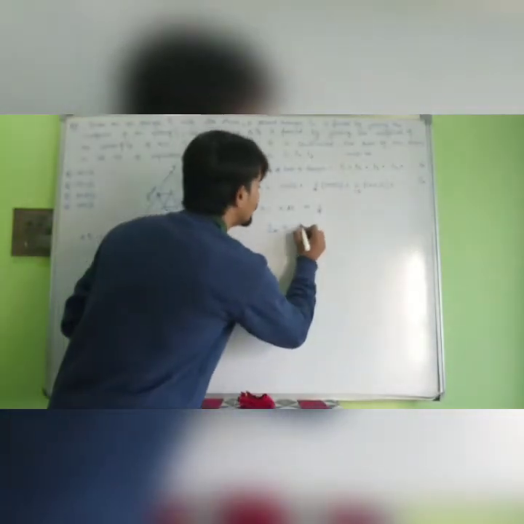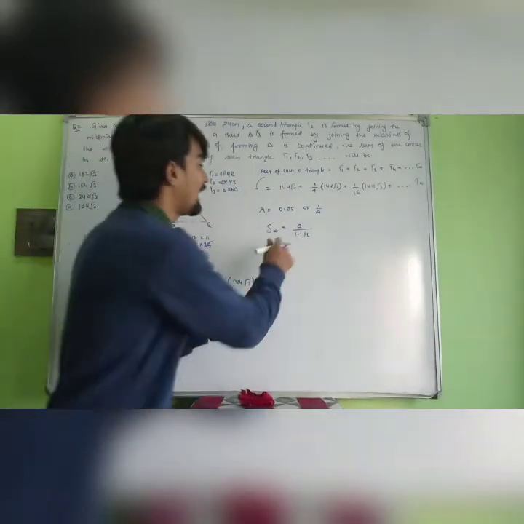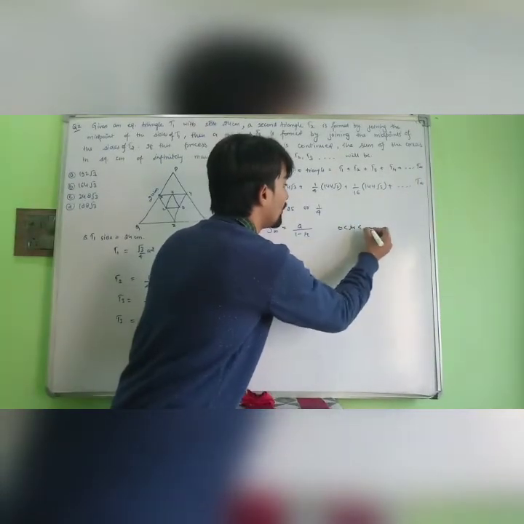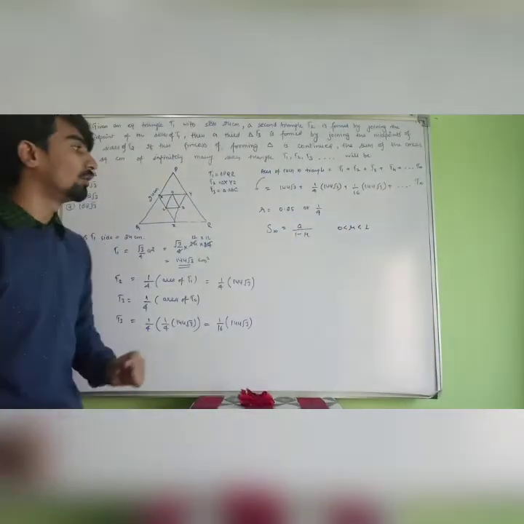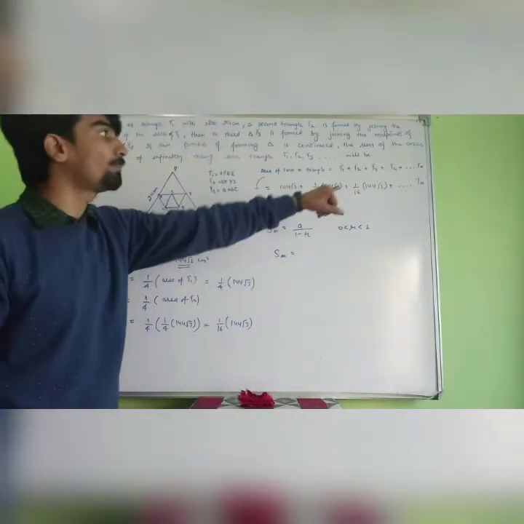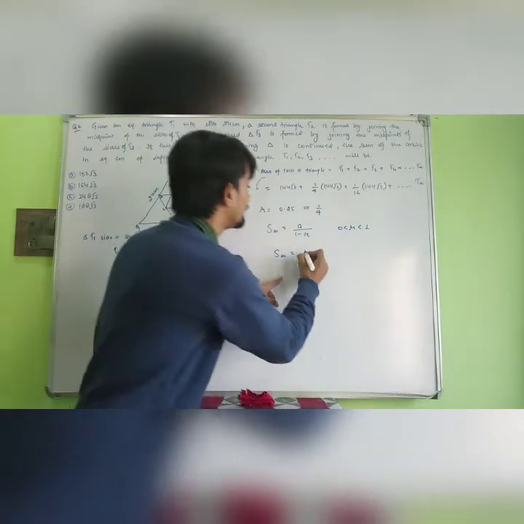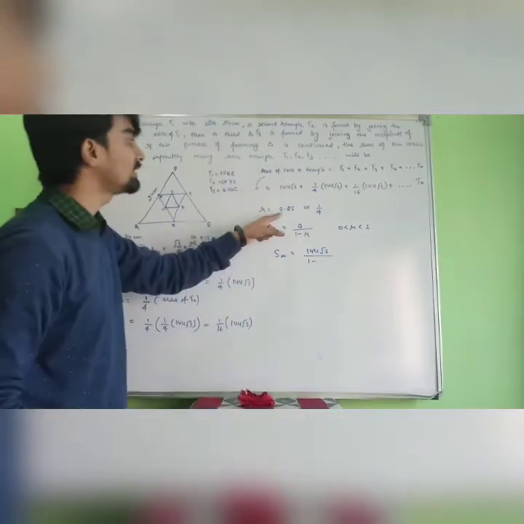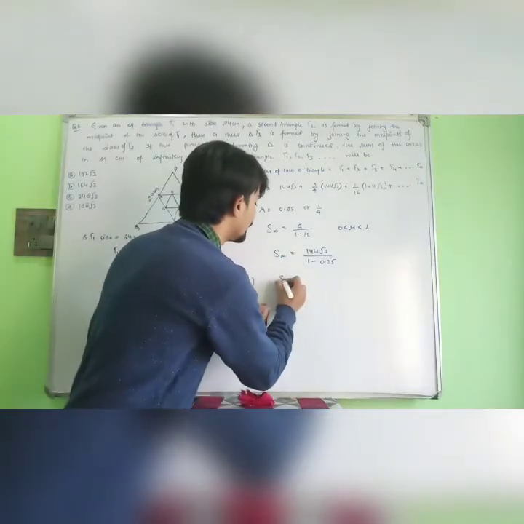The formula is a upon 1 minus r, where r is 0.25, and a condition is also given with this formula that r must lie between 0 and 1. So we have r equals 0.25, which lies between 0 and 1. Okay, so if we put in the formula for the sum of the GP series up to infinite terms, we get a upon 1 minus r. What is a? a is the first term of the GP series, that is 144 root 3, over 1 minus r. What is r? r is 0.25, right?